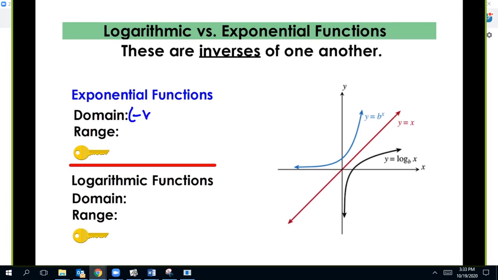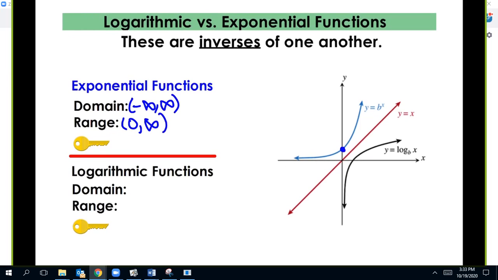Remember, exponential functions have a domain of all real numbers, as you can see in the blue graph, a range from 0 to infinity, and we have these key points, the y-intercept, which is (0, 1), and the base point, which is (1, b), whatever that would be. So we'll just say that is